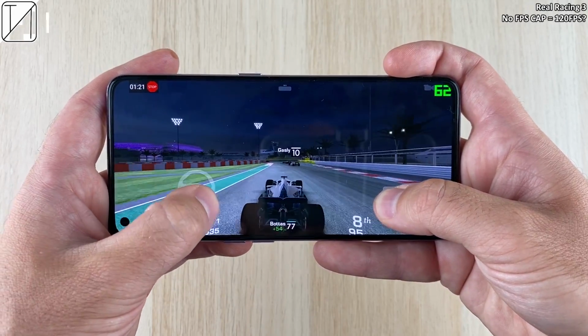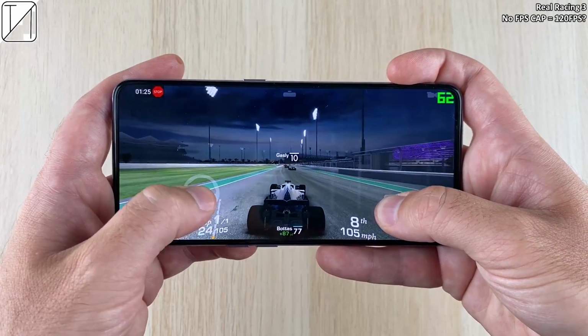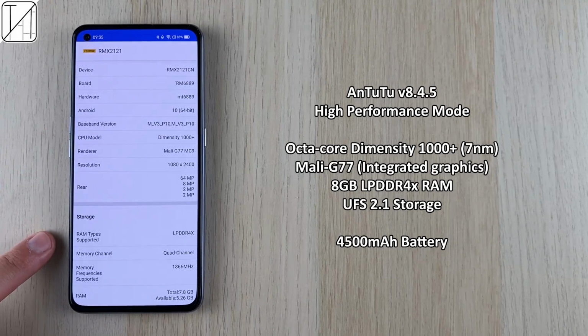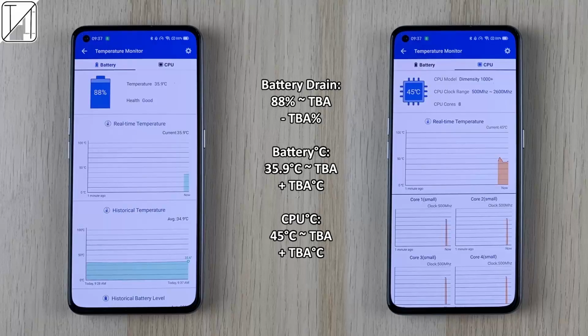Real Racing 3 also has no frames per second cap, but once again, the Dimensity 1000 Plus is capping us at 60 FPS, though I think this is more with regards to software than actual hardware. Like I said, we have that Dimensity processor. We're going to use it to test out AnTuTu version